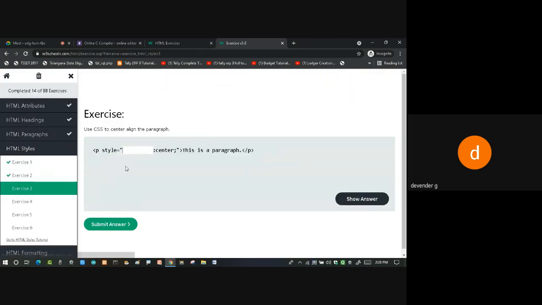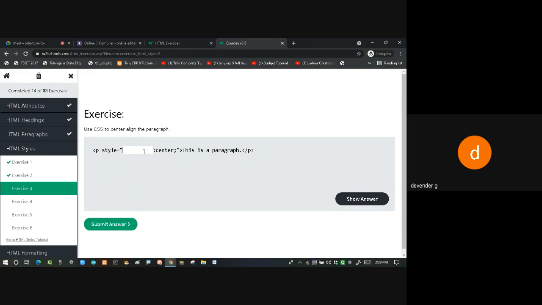Now he wants the text to be in the center. So we are learning slowly one by one the values. So style. Now I want the text in the center. So I want left side, right side, top, bottom, okay, middle. So like this we have the text to be displayed on the page. So how are we going to do this? If you want center, if you want left, if you want right, if you want top, if you want bottom, if you want middle, now all these are what? Arranging of your text. So aligning. So proper way you are putting. In order to put a text in a proper way, you have to align that.